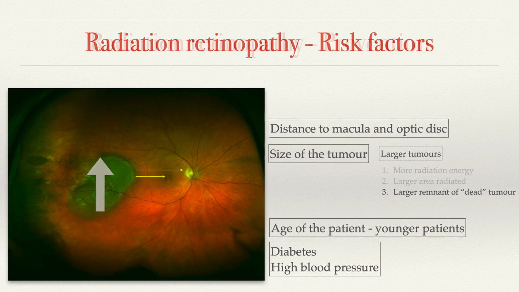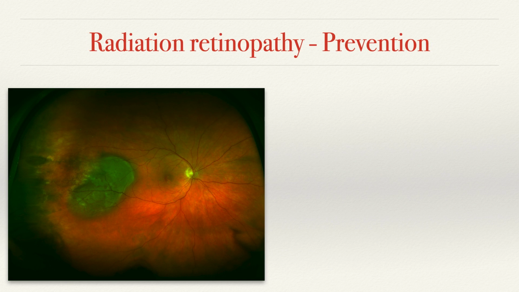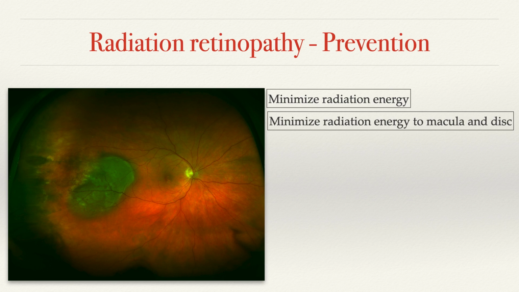in the eye. So how can we prevent it? Can we do anything not to get or to lower the risk of radiation retinopathy? As we said, in every case, every ocular oncologist tries to minimize radiation energy, in particular the energy applied to the macula and the disc. So instead of treating this tumor with a broad beam, a blunderbuss approach, we would strive to localize the energy on the tumor only and try not to put too much radiation energy onto the fovea, the macula, or the